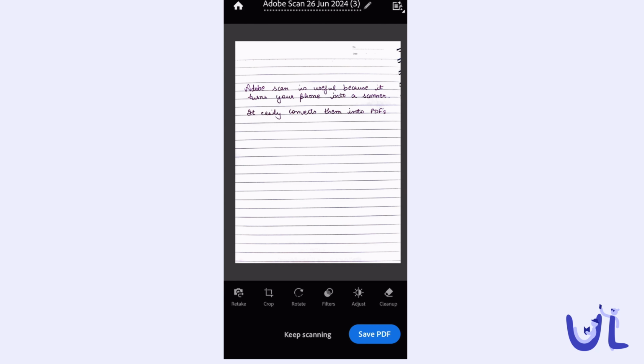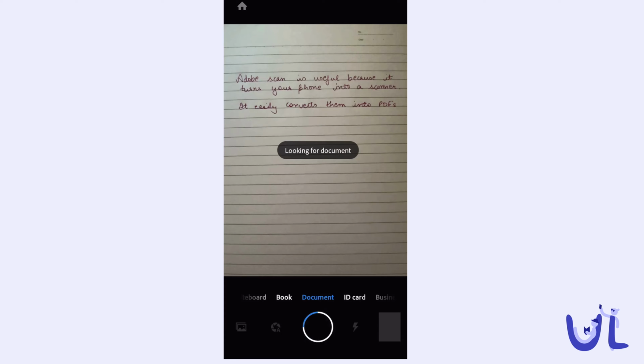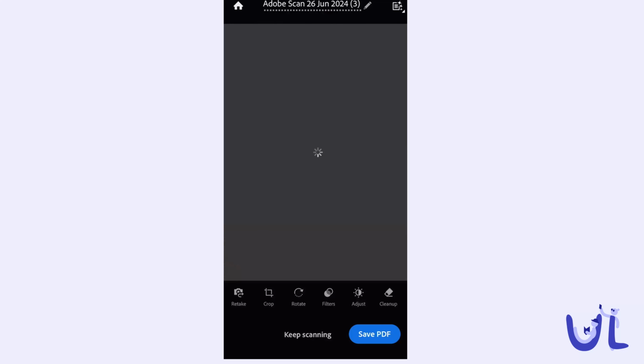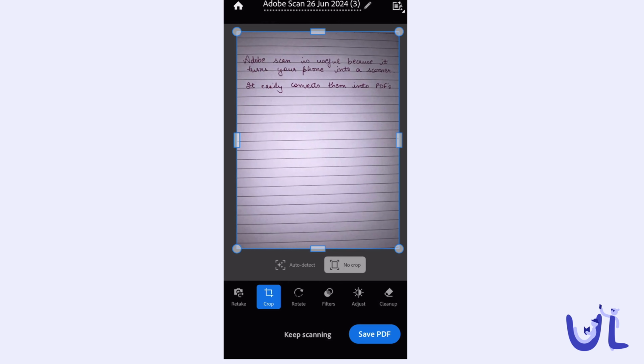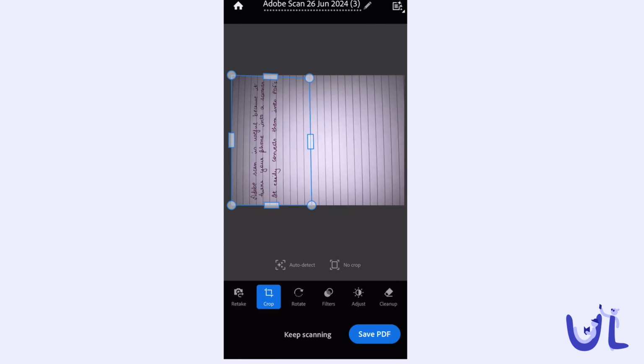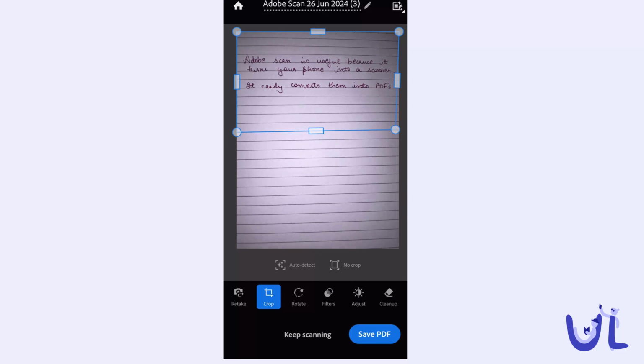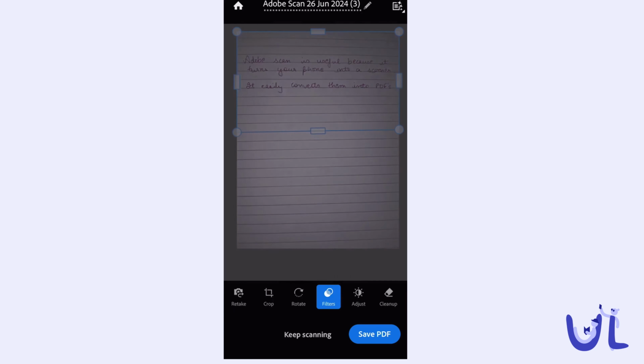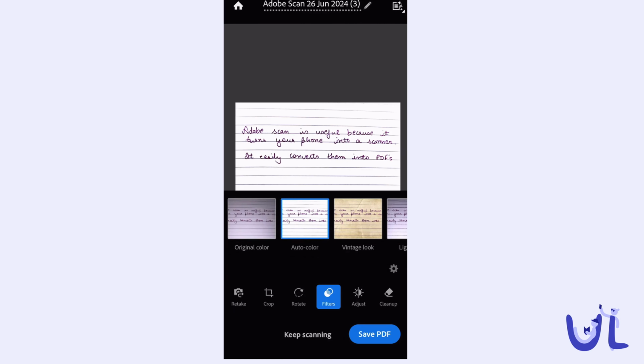Now you will be able to see multiple options at the bottom, let's check them out. If you tap Retake, you will be able to click the picture again. If you tap on Crop, you will be able to remove the unnecessary parts of the picture. If you tap on Rotate, you will be able to rotate the picture sideways, upside down, and etc. If you tap on Filters, you will be able to set the color of the document to which you wish